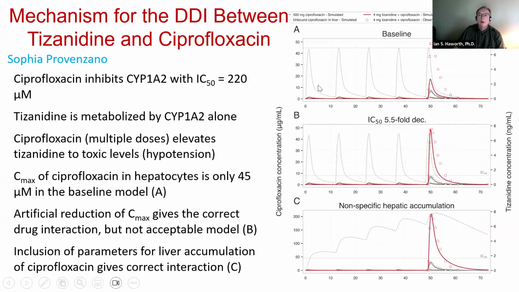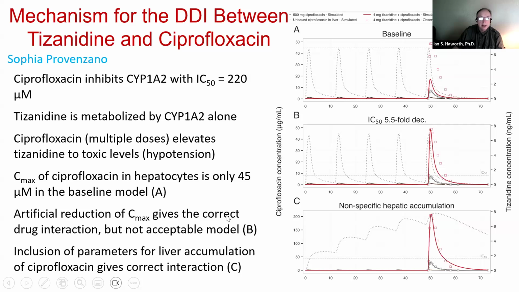45 micromolar, so what we're showing here is the liver concentration of ciprofloxacin. It only reaches 45 micromolar. So it's well below this IC50. I should add here that there's a lot of detail here, but this study that we're simulating here is multiple dosing of ciprofloxacin. What we really don't see is the drug interaction to the extent that we expect. We can create it by reducing the IC50, but that's not really meaningful